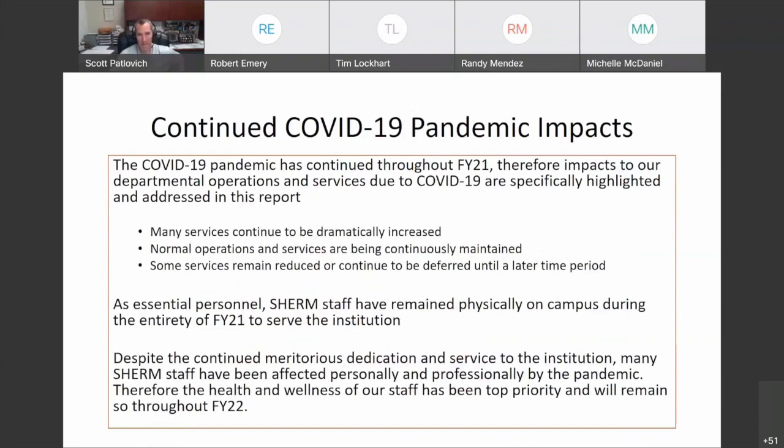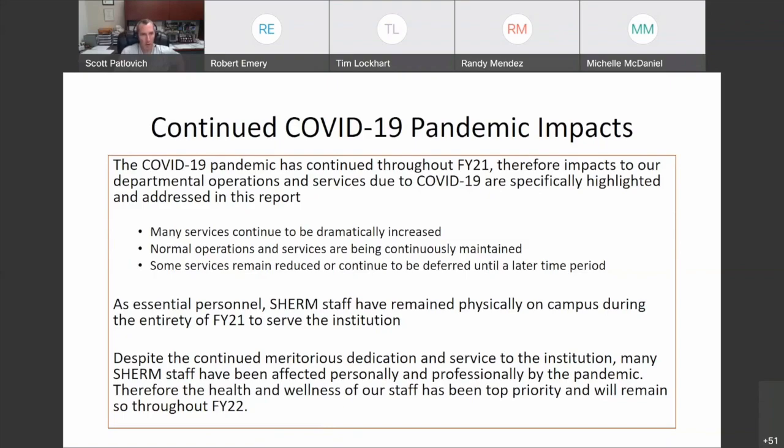Right up front, we want everyone to know how proud we are of our department staff for maintaining a safe and healthy work and learning environment throughout what has been the most challenging pandemic situation that we could have ever imagined. As I always tell everybody in our department, this has been the most exciting, challenging, and utterly exhausting time period in our entire professional careers.